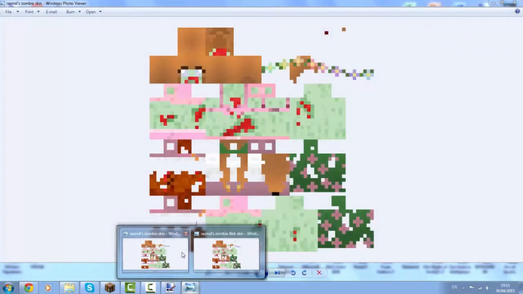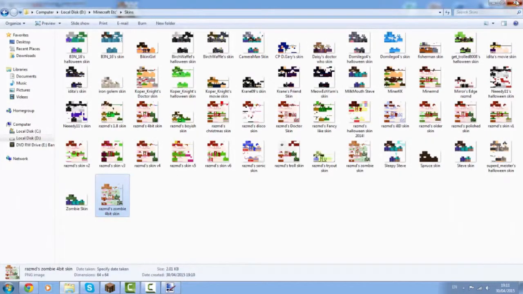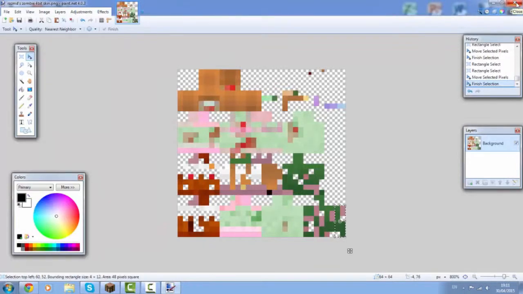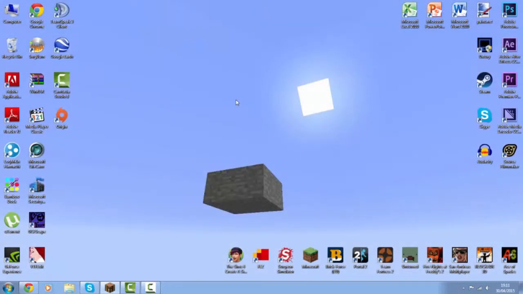So yeah, but before we finish this off, I have to showcase one last thing. So I'm gonna change this into my Minecraft skin, and I'm gonna meet you back over there, and you can close this file if you want. So yeah, I'm gonna meet you back in Minecraft. So I'll see you all then.